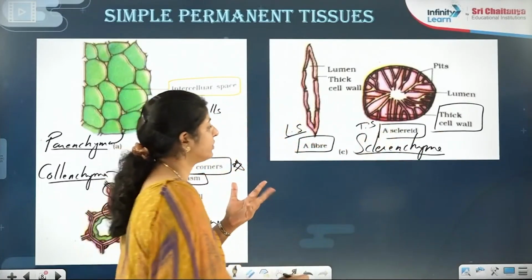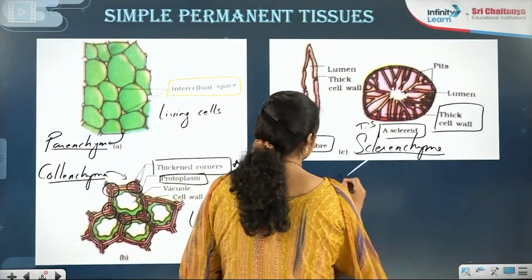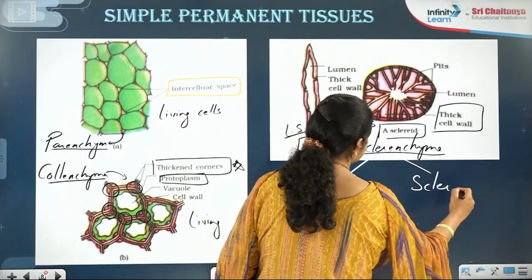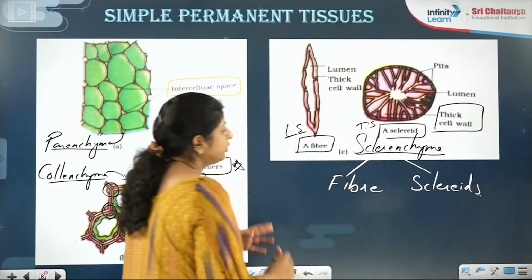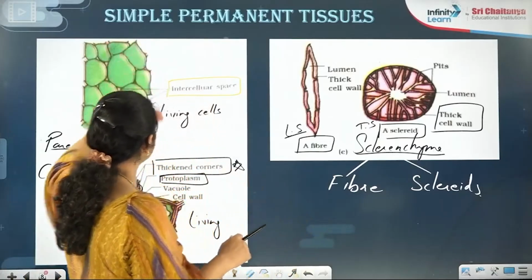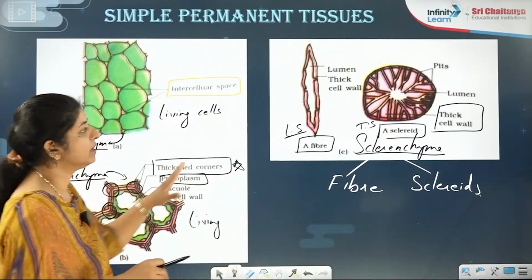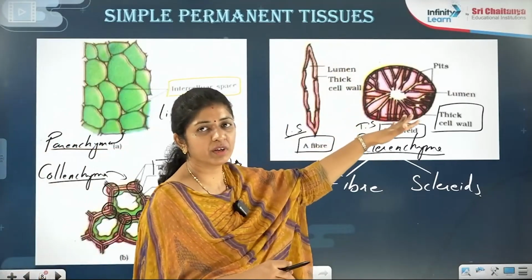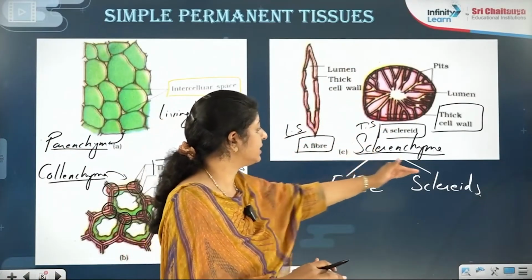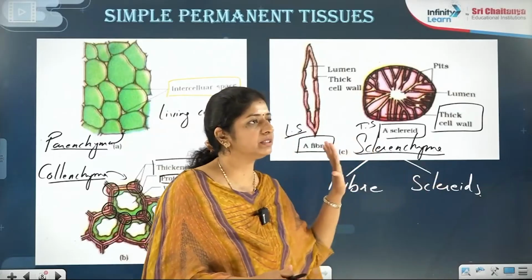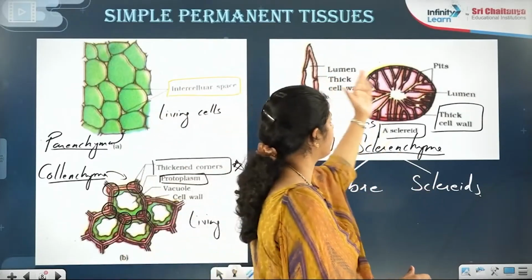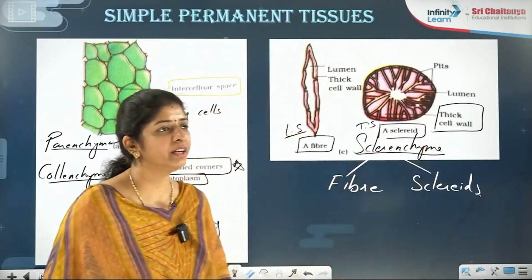Actually, sclerenchyma is further of two types that we will discuss. It is of fibers and it is of sclereids, right? Two types are there. Earlier in that video, I gave you longitudinal and transverse. Even there we discussed longitudinal and transverse for the same cell, but not the same now. Under the sclerenchyma, two subtypes are there, fibers and sclereids, right? No doubt for the fiber, this is a longitudinal section. For the sclereid, they have given you the transverse section of it, right?